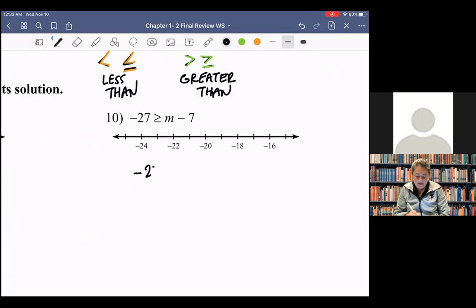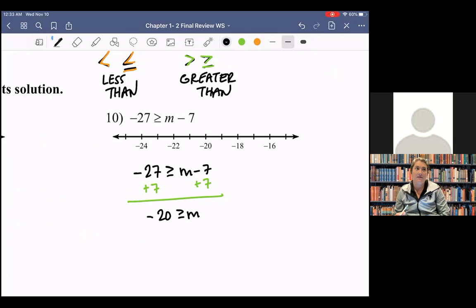Right, this is negative 27 greater than or equal to m minus 7. So I'm going to add 7 to both sides, and that will put me at negative 20 greater than or equal to m. Okay, so this is the problem that we came up with today, or remembered during the Jeopardy review, is that we have this,